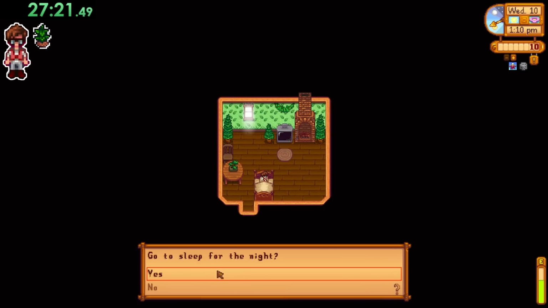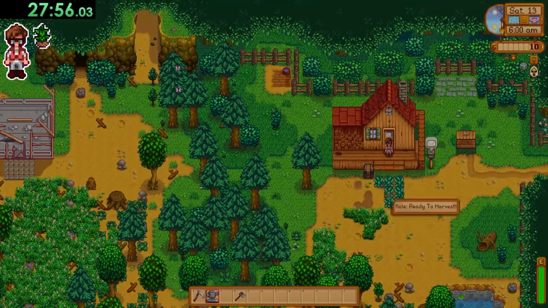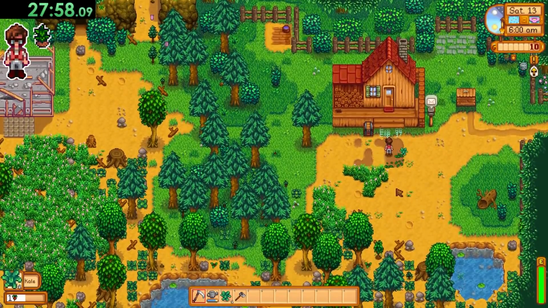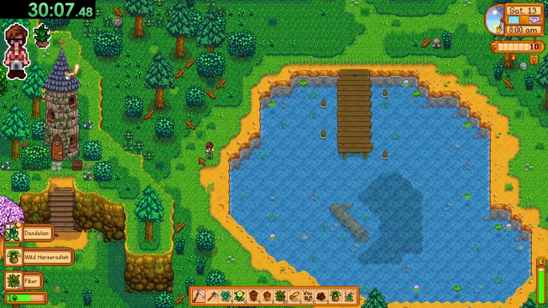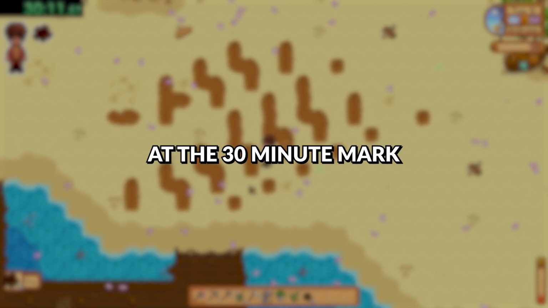I returned to the farm and slept the week away while remembering to water my kale each day until Saturday. I harvested the kale and got a good chunk of the way towards level 2 farming, and then began my weekly Saturday forage. And at this point, let's take stock of where both our runs were up to at the